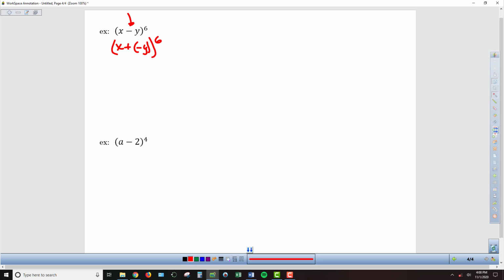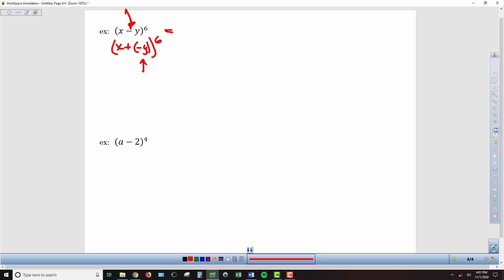The end result is that whenever it is a subtraction question, we just end up with alternating positives and negatives on all of our terms, with the beginning term always being positive. That's probably the easiest way to approach this. So that's what I'm going to do here, is instead of raising negative y to this 0, to the first, to the second, I'm just going to remember to include alternating positive and negative signs on each term. So we can get started with this expansion.